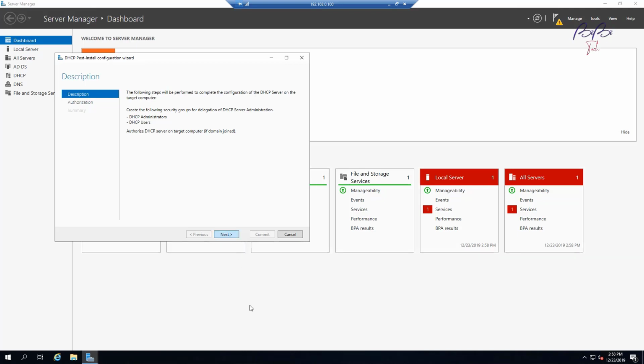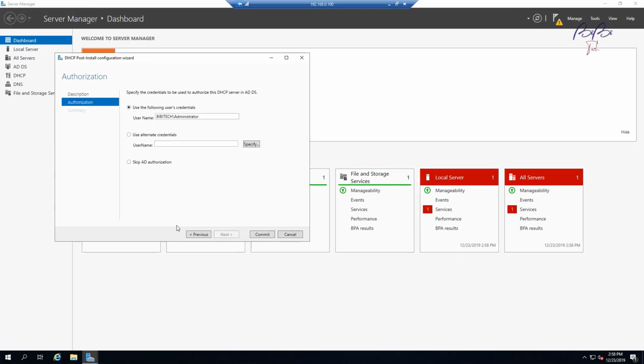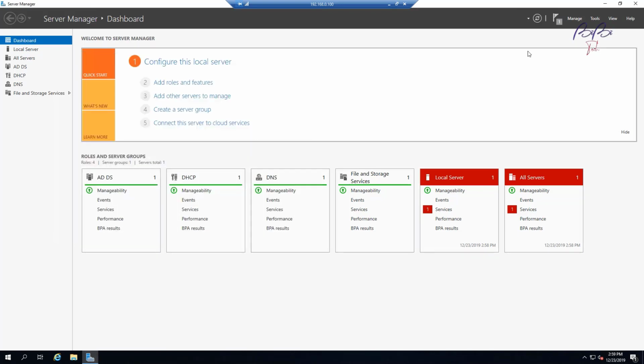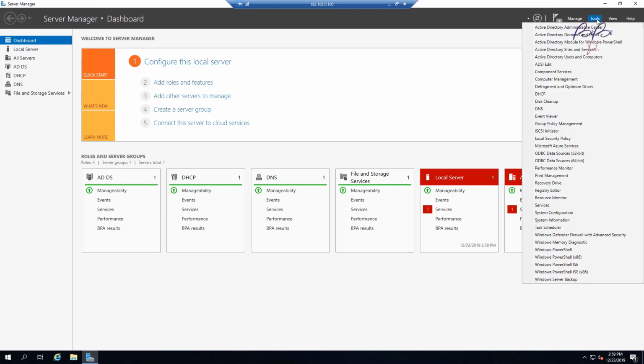Click next. Just leave everything as the default. Commit. You should see the status is done on both of these, and it's also going to restart the DHCP server. Close. Then the next thing we need to do is create a scope for the DHCP. So click on Tools, and now you are going to see the DHCP option here. So select DHCP,